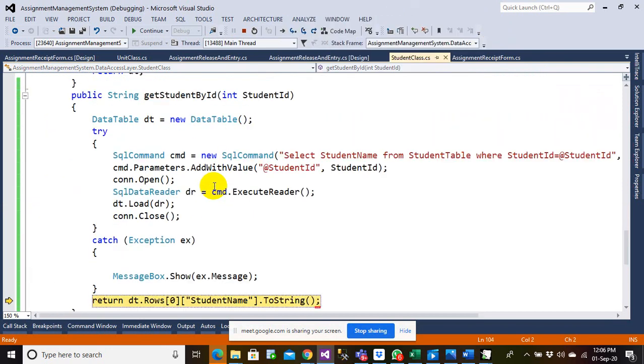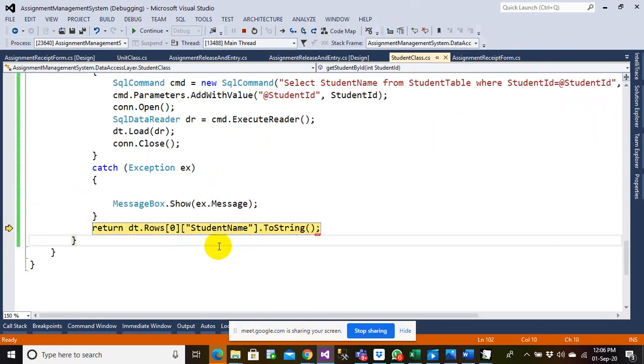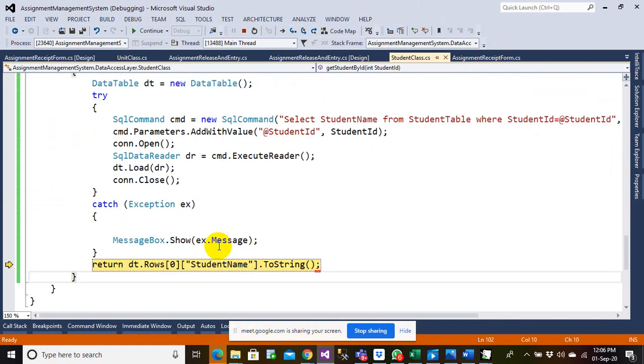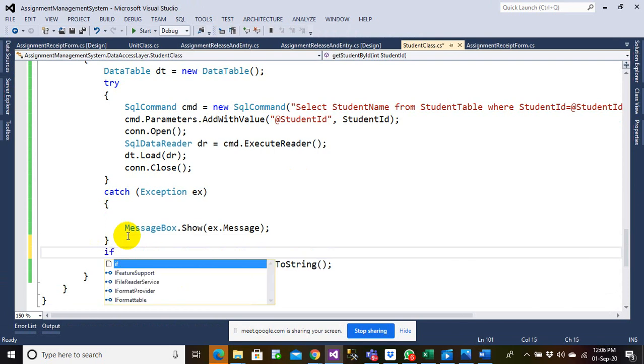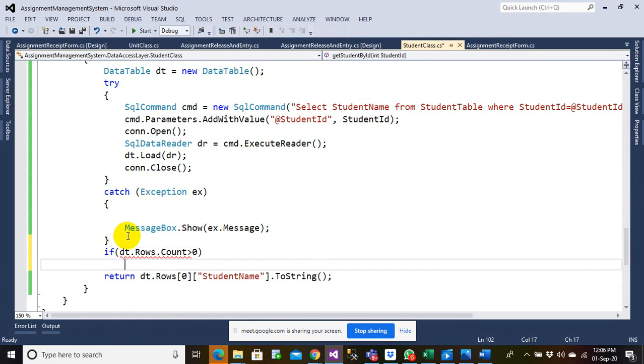So I need to manage this error, everyone. So let me manage this error. What I can tell is if dt.rows.count is greater than 0, then only I will do this.